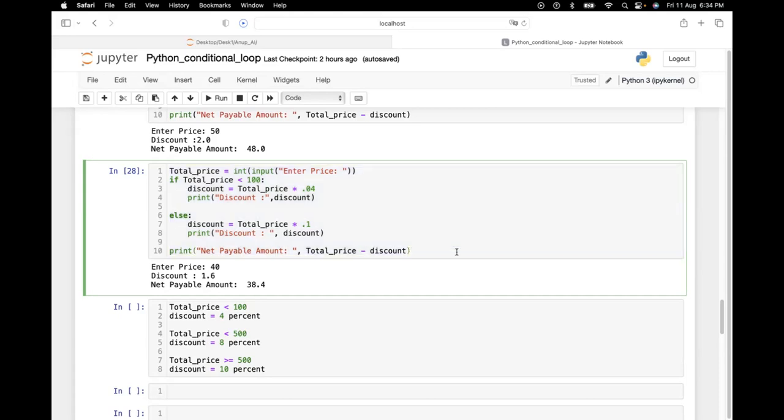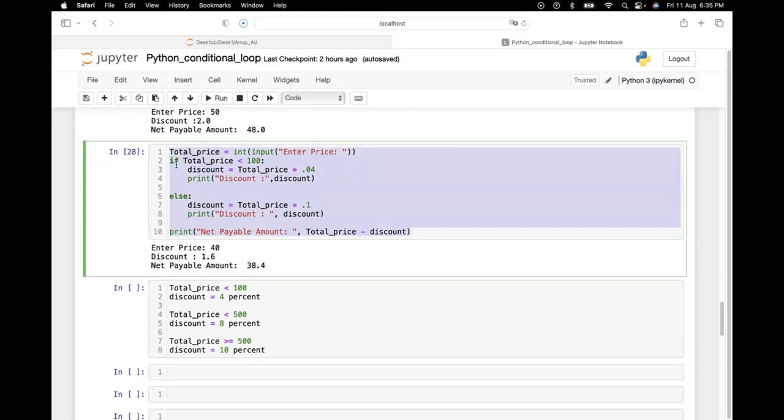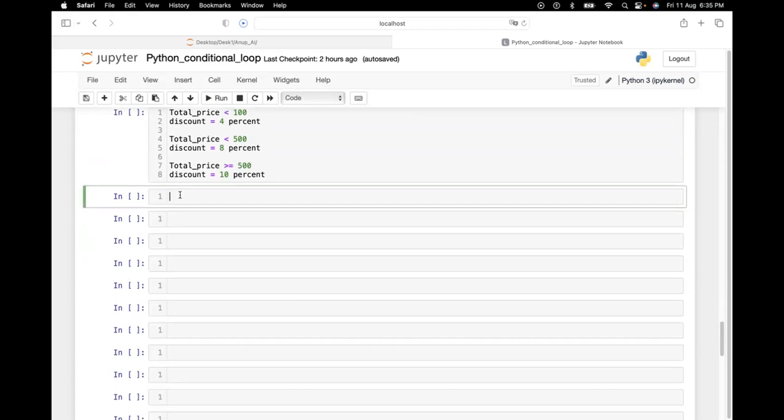Now time's up. Let me explain this. I have to do nothing new here. Simply, I will copy this entire piece of code. Please understand, everyone, please see on the screen what I am doing. I am doing nothing new here. I am just copying this entire piece of code and pasting it in a new